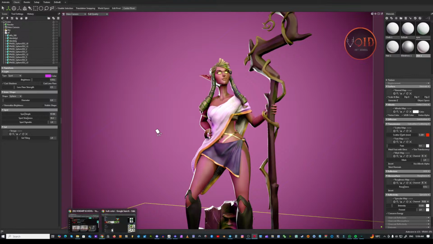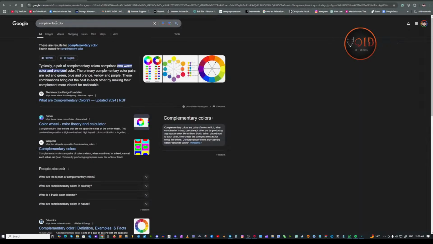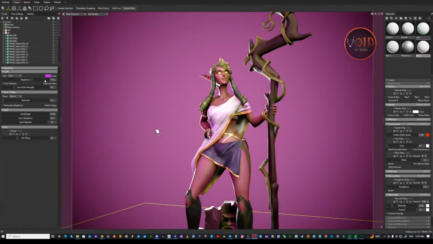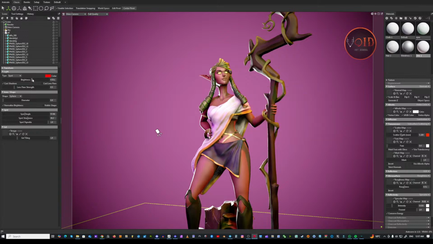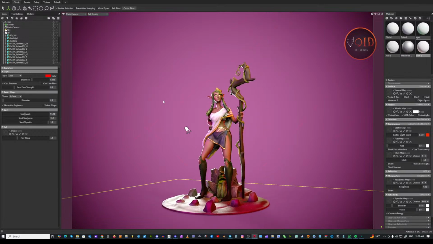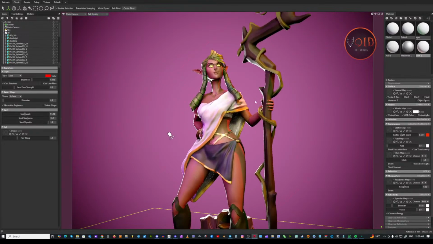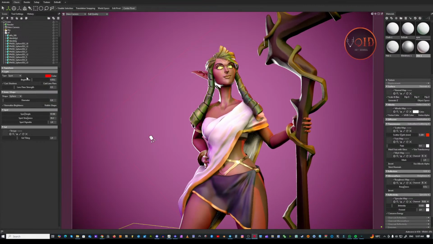I am going to use the complementary color of green. The complementary color of green is a little bit reddish. So what we can do is this. I don't need it this sharp. I'm just adding a little bit of reddish. And in the back side, what I want right now,